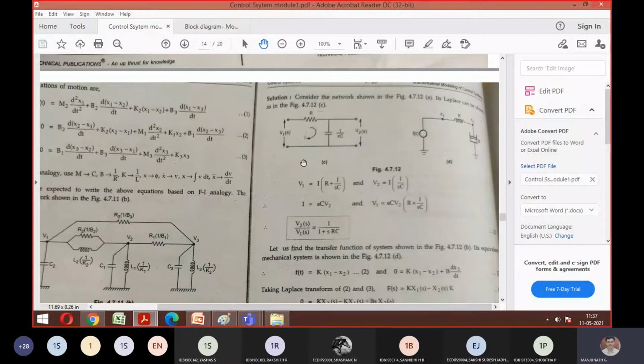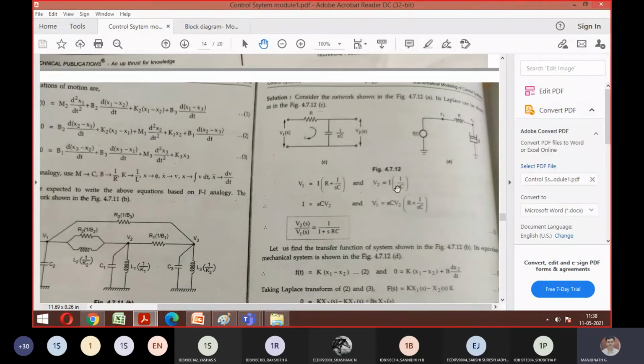Let's go with the first category, which you already learned, the transfer function. What is the formula for V1, guys? What is V in general? I into R. The current flowing is I. What is the resistance? That is R plus this capacitor. The current across this combination itself is I. Agree? Yes, sir. Fine, so we got V1. Similarly, we can get V2. V2 is nothing but the voltage across this capacitor, so straight away we can write I into 1 by S into C. So we got V2 also.